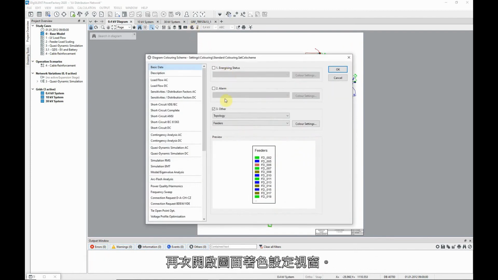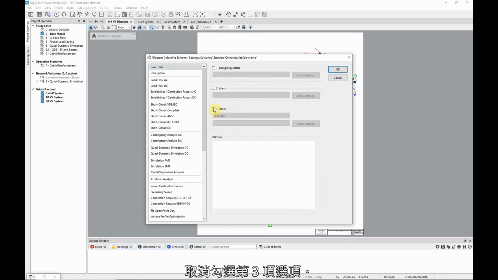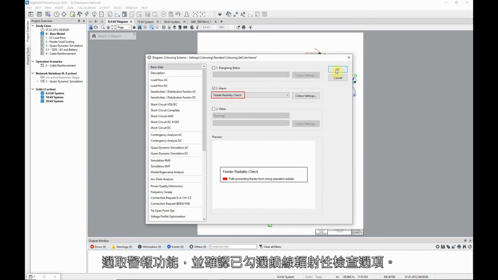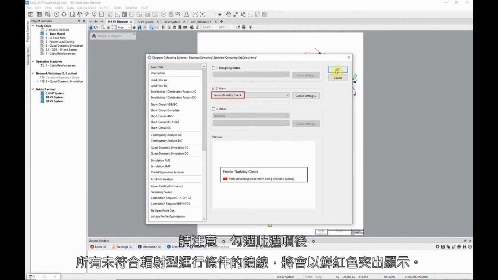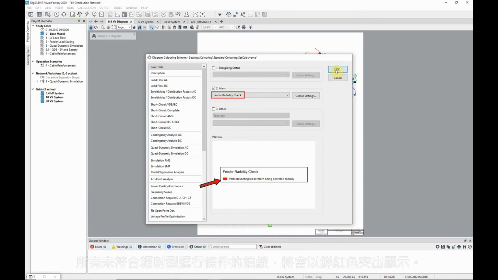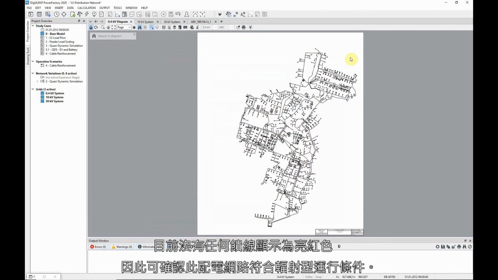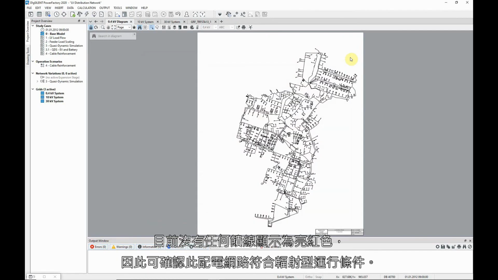Open the diagram coloring dialog again. Deselect option 3. Select the option Alarm, and ensure that the option Feeder Radiality Check is selected. Notice that with this option checked, any feeders that are not being operated radially will be highlighted in bright red. None of the feeders are shown marked as bright red, therefore, it can be assumed that the network is running